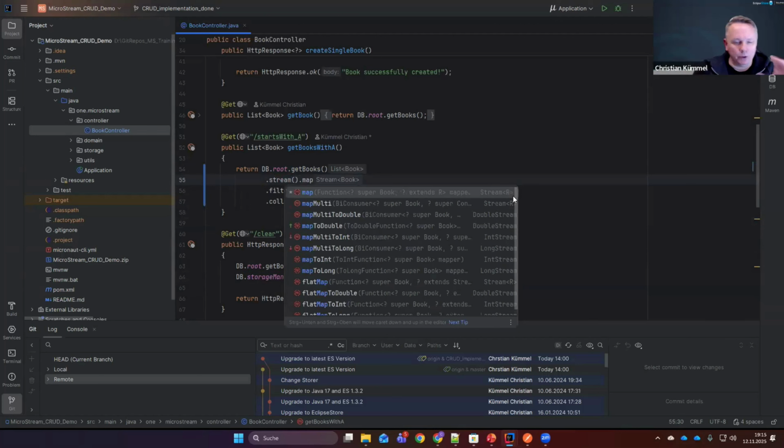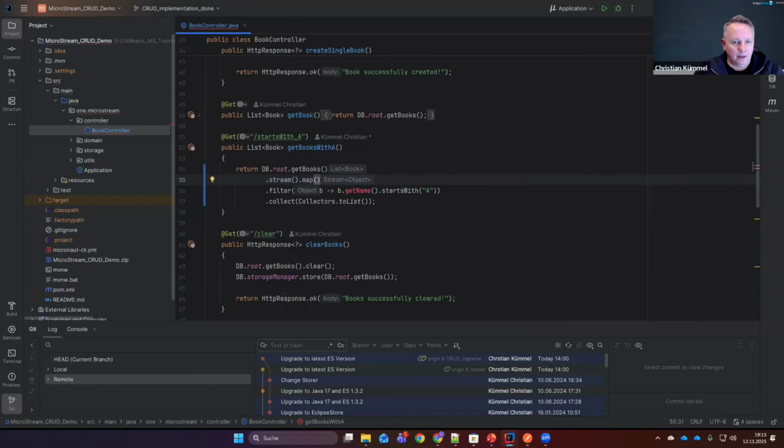If we want to stream through books, but at the end we need a list of authors, then we would use the map functionality. Let's say map, and then let's call b for book, and then we could say b.getAuthor, for example. So this stream would return a list of authors at the end,